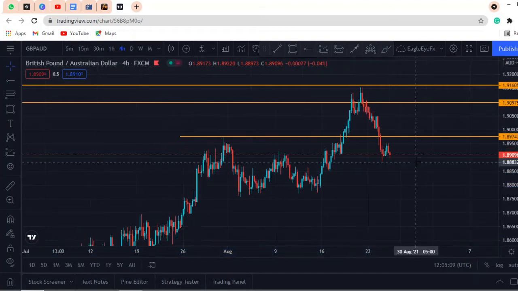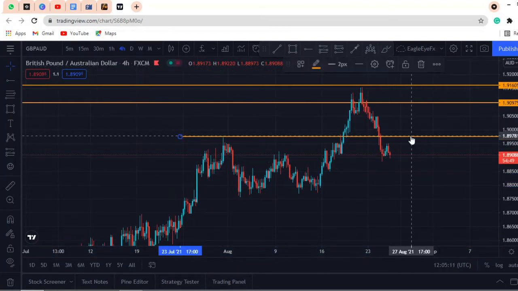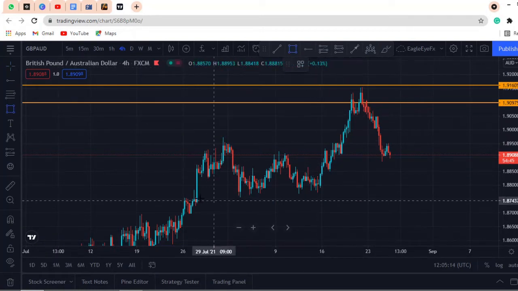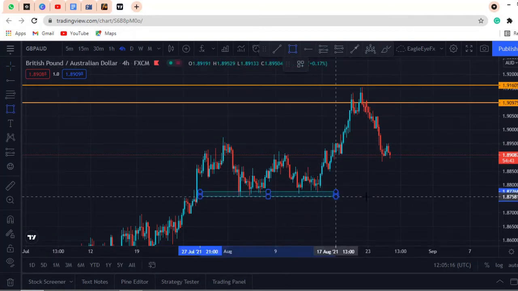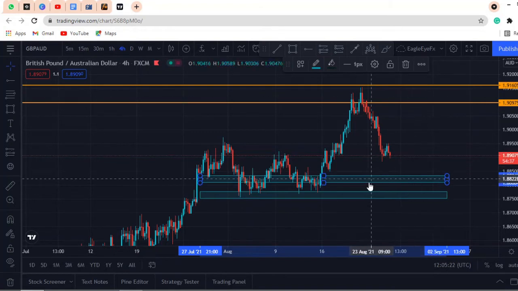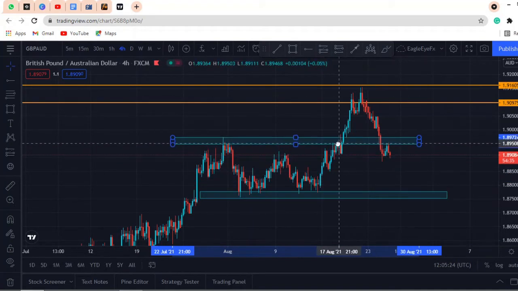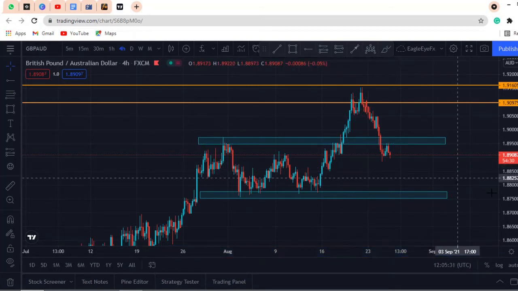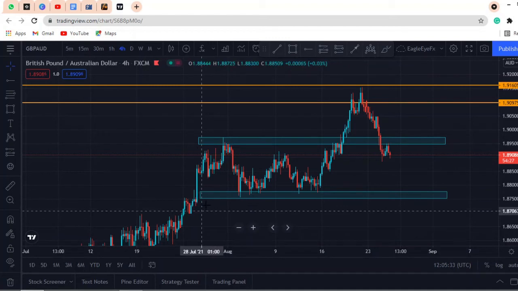See, if we remove this and then we try and draw this as a zone on itself, and then draw this as a zone also on itself. Remember, you must try to look for all possibilities. Now, if I look at it that way, you see that